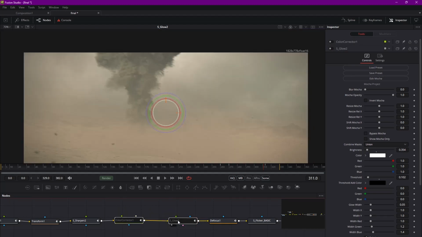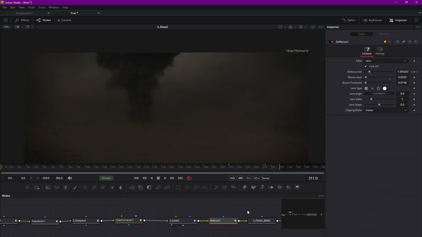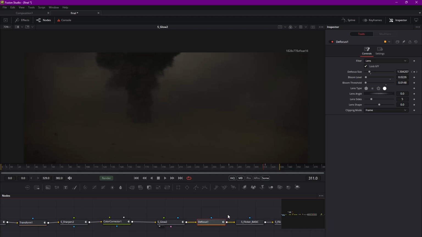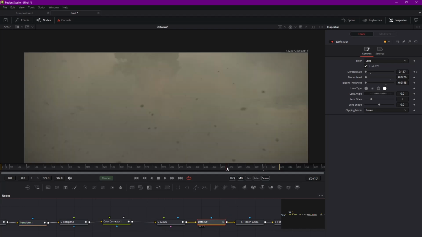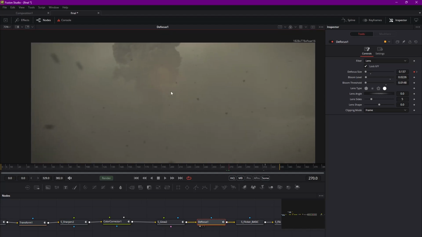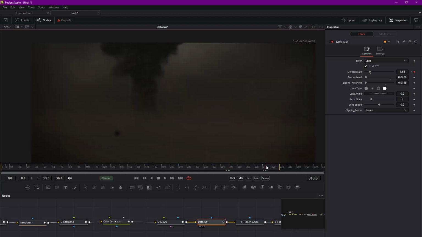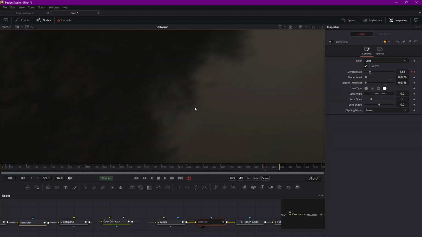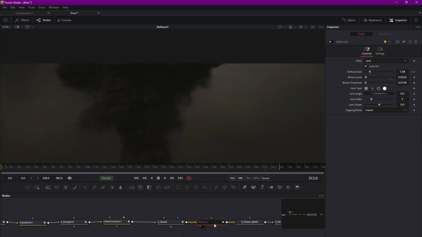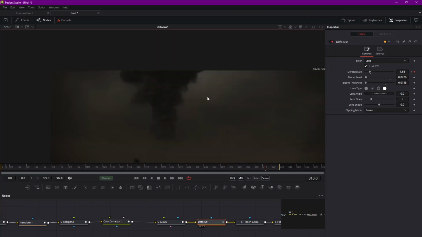So without these two, the next node is just a defocus, and it also starts from the point when we are already under the effect of the shockwave, and the maximum power is at this point. So what it does, it just gives me additional defocus here when we are already covered with the